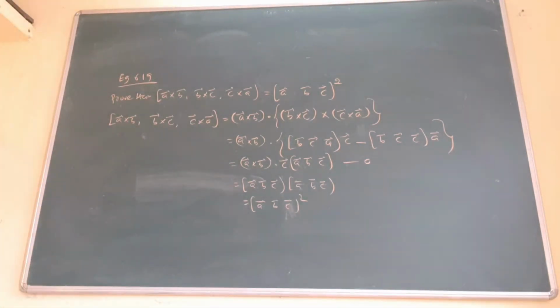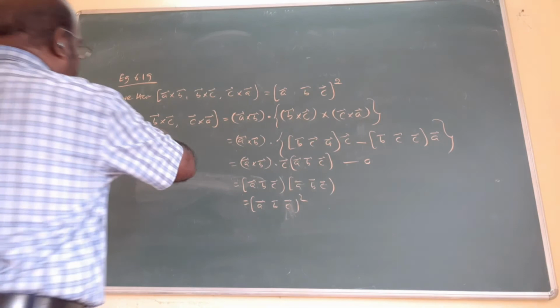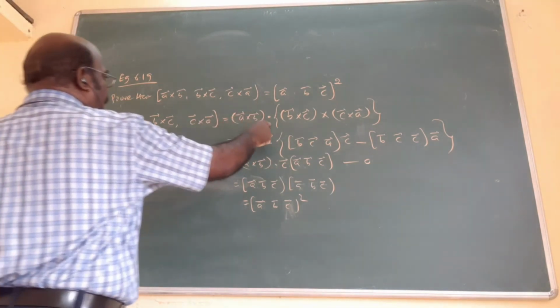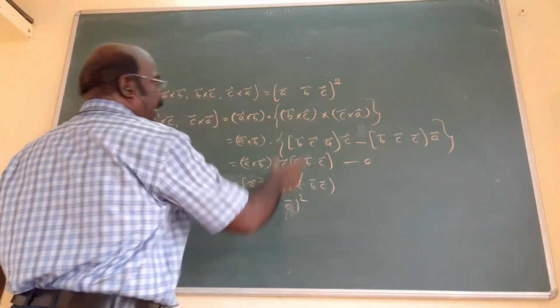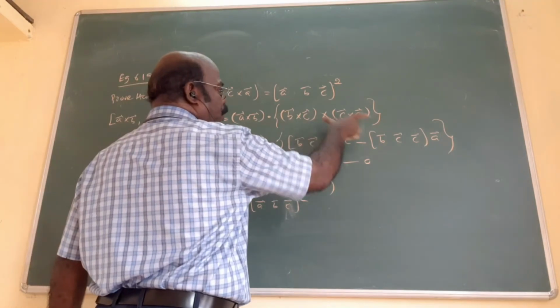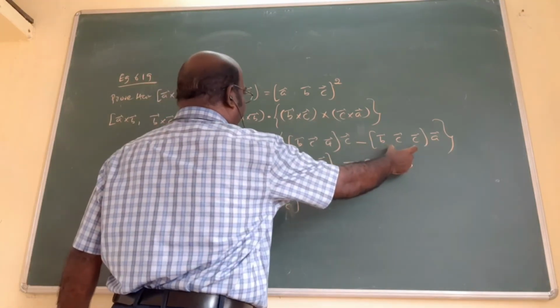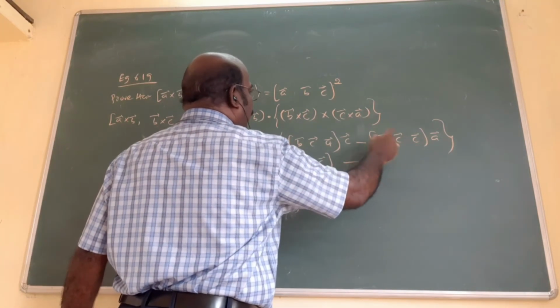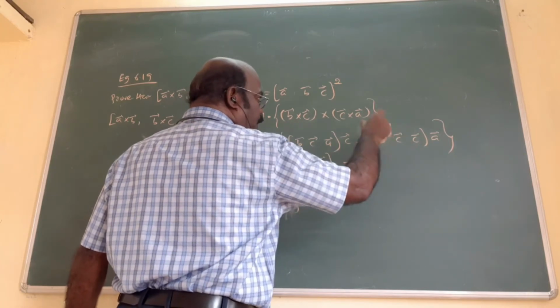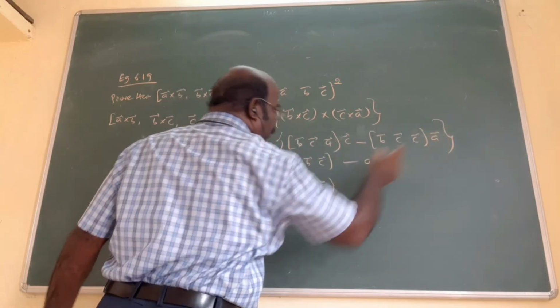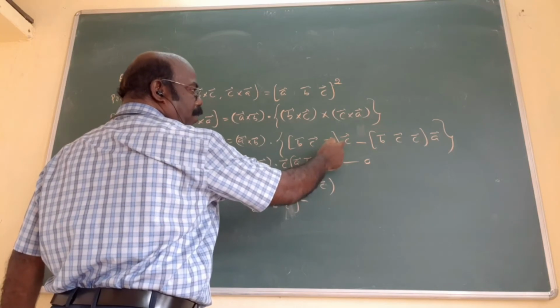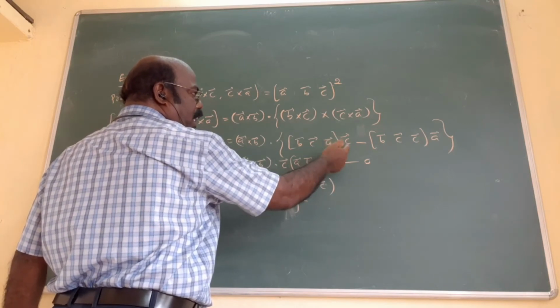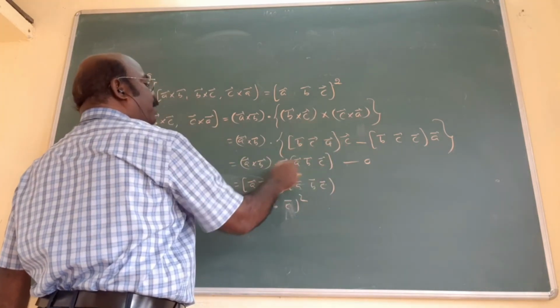Very simple concept. Here, by using the box product, the first one is dot, the second and third are cross. It is of the form vector four product, by using the formula. This is 0, because inside the box product elements are repeated, so the whole will be 0. This is the ordinary C vector. This is ordinary multiplication, no dot, no cross. That's why you write it in front of the [A B C], the C vector.